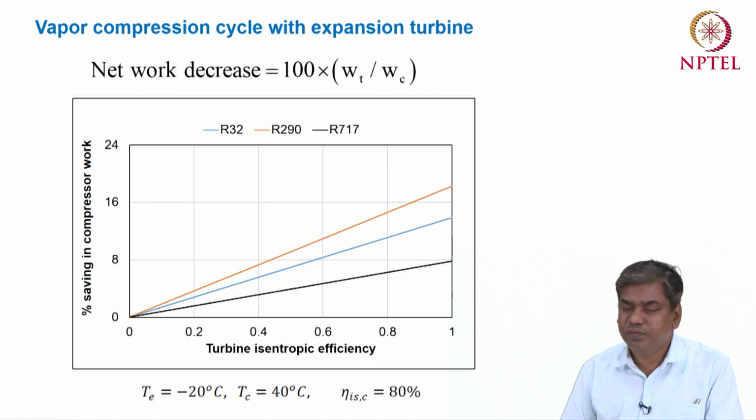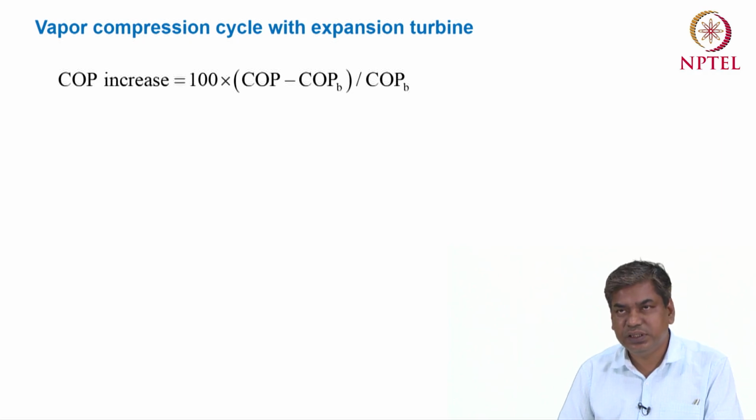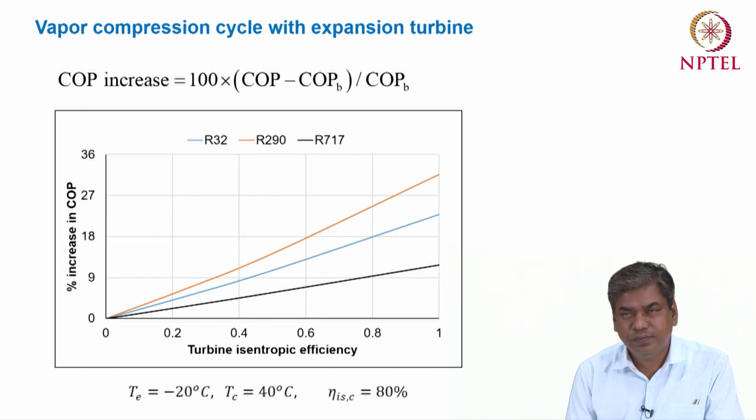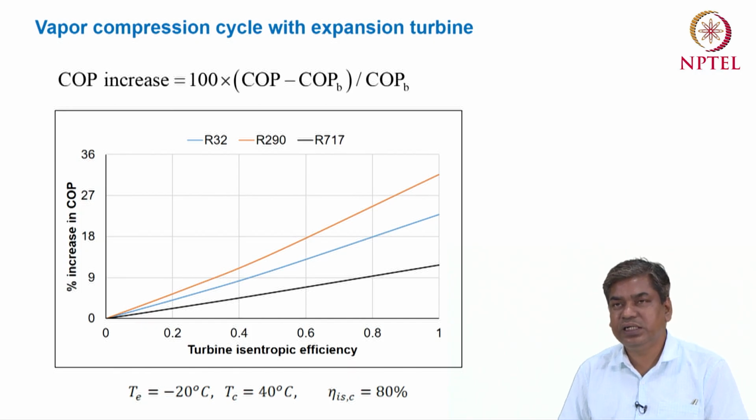Now we can see what the improvement of COP will be by using the expansion turbine. We can get the increase of COP from this equation: the COP of the system with expansion turbine minus the COP of the basic cycle, that means with the expansion devices, divided by the COP of the basic cycle. For this case, the numerator will increase and the denominator will decrease. So obviously the increase of COP by using the expansion turbine is